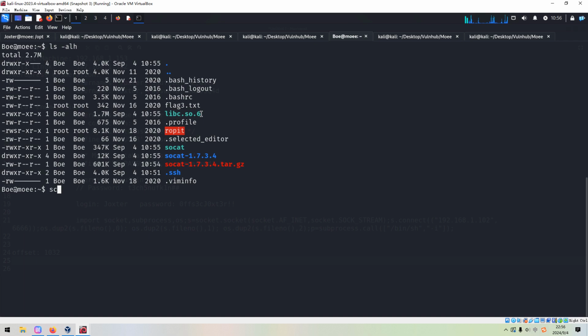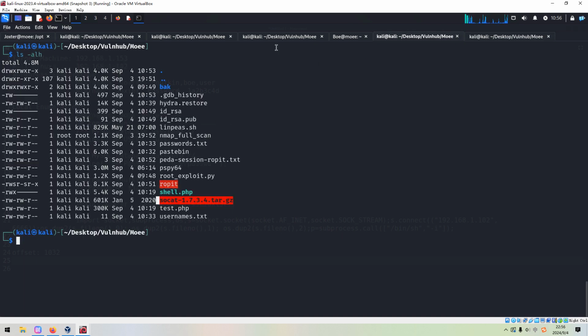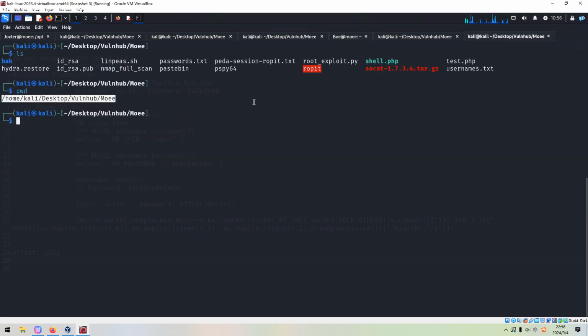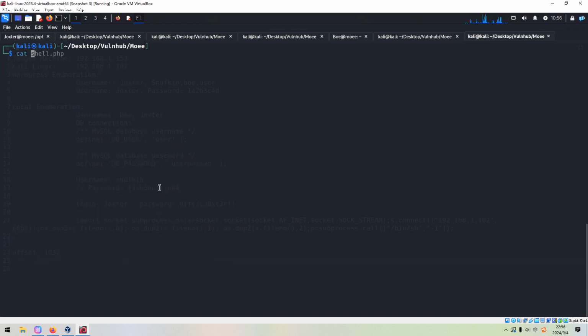So we can use the same way. Copy, paste over here. Okay, I think we have already transferred this library from the target.